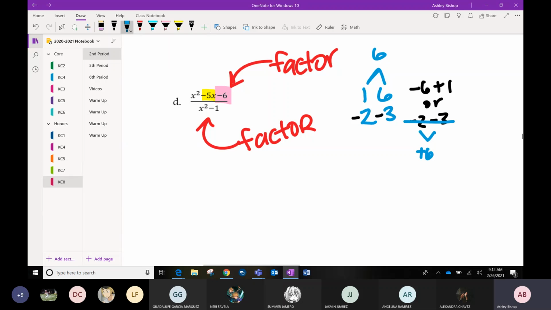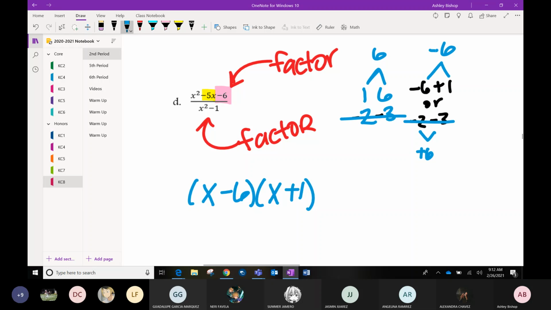All right, we need to get a little bit better at this part of factoring. Sometimes you guys move a little too quick and just pick the first number that you think. We got to think about this part. So this top is going to factor to x minus 6 and x plus 1, because -6 times 1 will get me a -6, but when I add them it will get me a -5. Divided by,